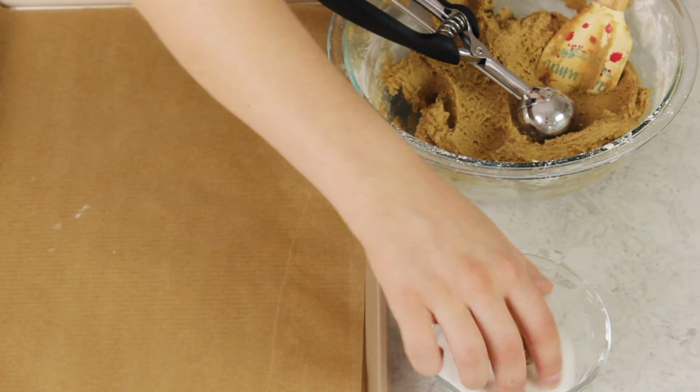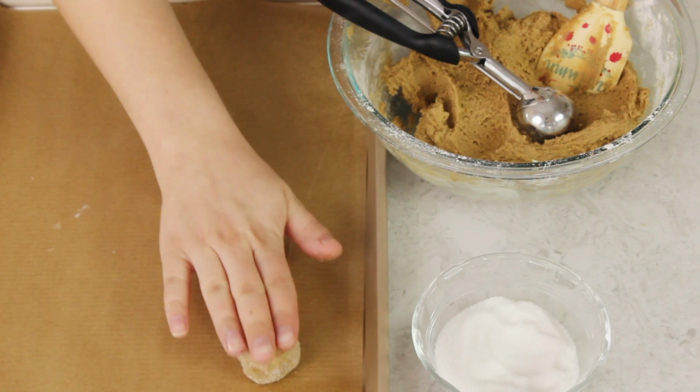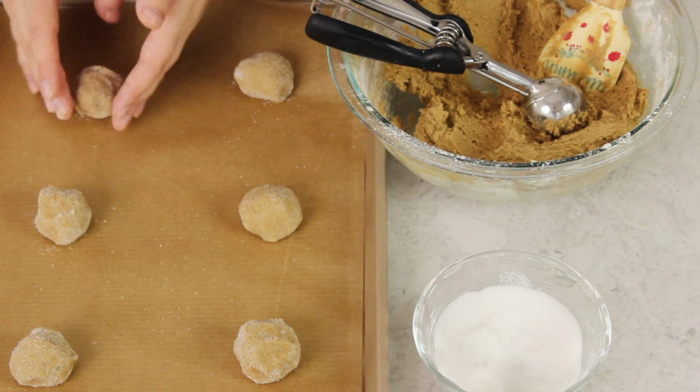Once you've rolled your cookie dough, you'll just want to briefly roll it through some granulated sugar. Now this is optional, but I really love that nice little sugary coating it gives the outside of the cookies. And then transfer your cookies to a baking sheet and make sure you space them at least 2 inches apart. Now we'll take these over to our 350 degree Fahrenheit preheated oven where they'll need to bake for about 10